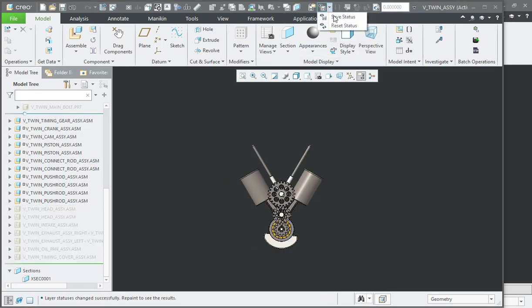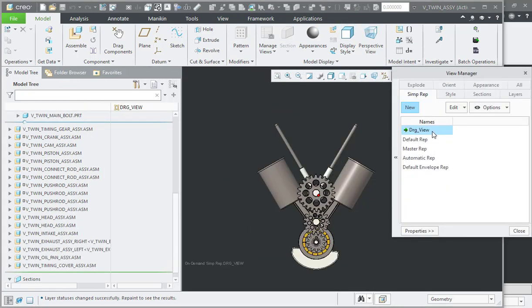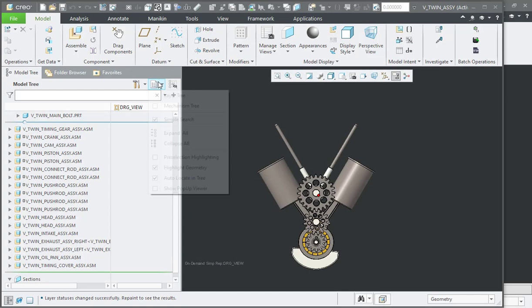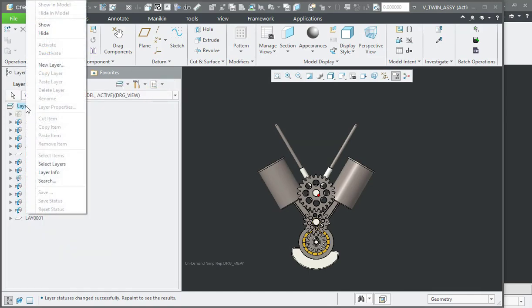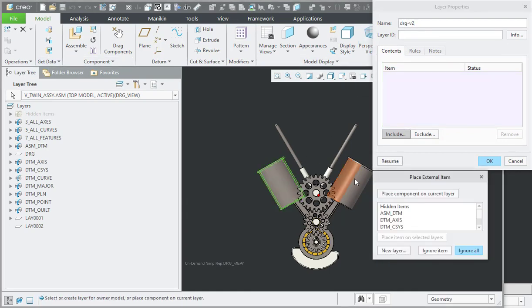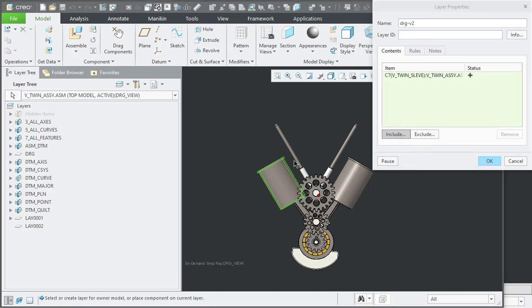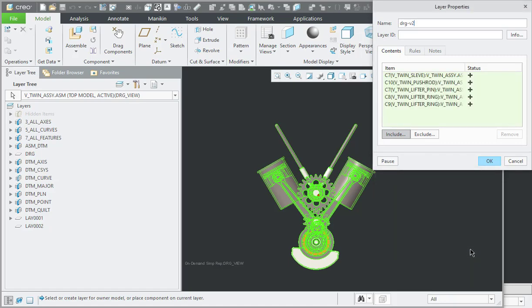We can also use the existing model wrap to refer the parts required for the drawing view. Now in this I will start with the fresh layer setup. Interestingly, if you pick the parts either one by one or by box selection, you will be prompted to this window, which will require mouse clicking as many as the number of parts.